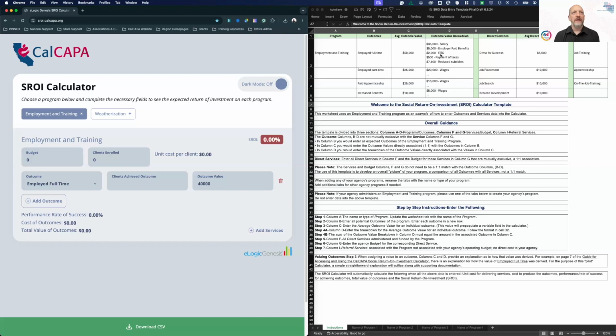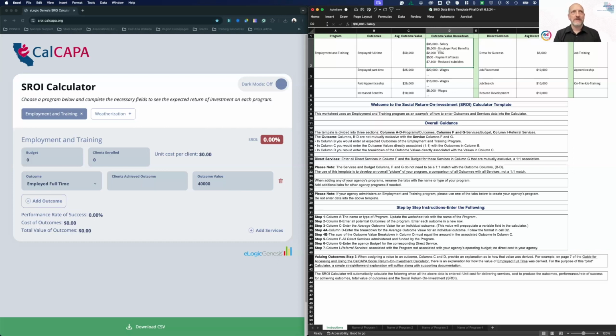Now, it doesn't need to be a nice clean number like 50,000, right? It may look something more like 48.5 or something like that, right? But whatever it is that you determine the value of the outcome to be, that you would put down the various components in the outcome value breakdown, right? And this, again, like I mentioned at the top of the call, this is not a super sophisticated spreadsheet. It doesn't do a lot of the math for you. You'll see why here in a moment. It would just make it really difficult to try to get all those fields going. What was a lot easier is to just say, hey, generate a list of the items that add up to the outcome value and just make sure that they add up,